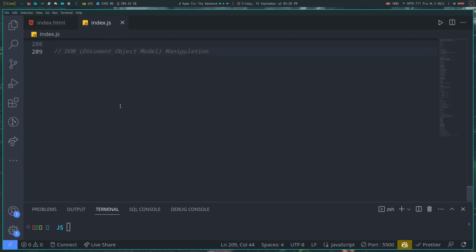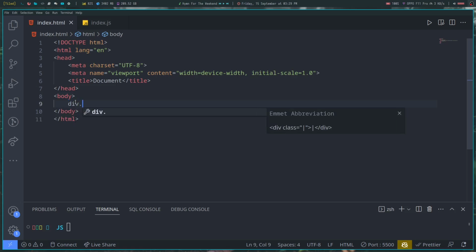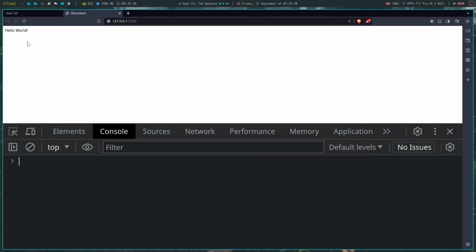Now we'll go to a more practical part of JavaScript. Not as practical as in a more visual part of JavaScript, where we'll integrate JavaScript into the HTML code. For example, let's create a div which I'll call container, and I'll write there hello world. Now we have this container in here. Now I'll show you an example of